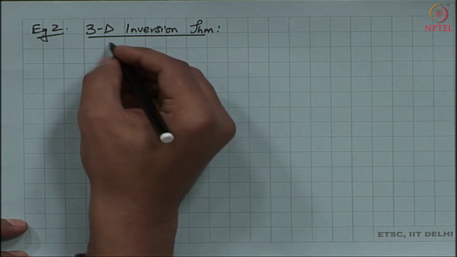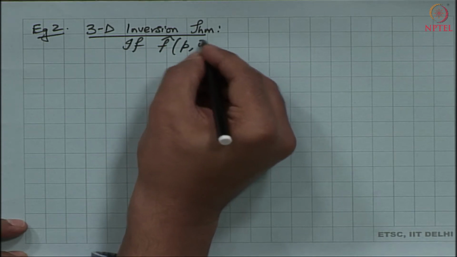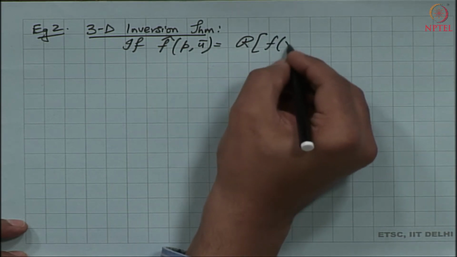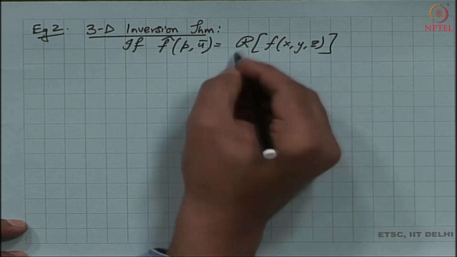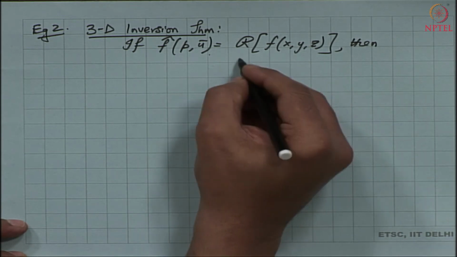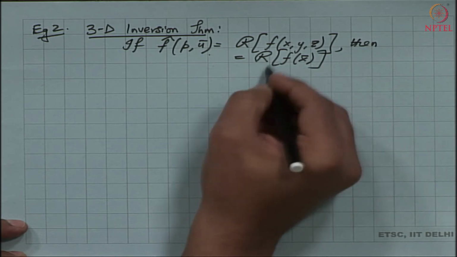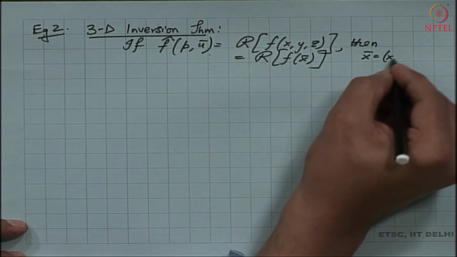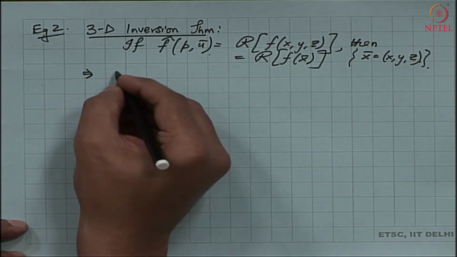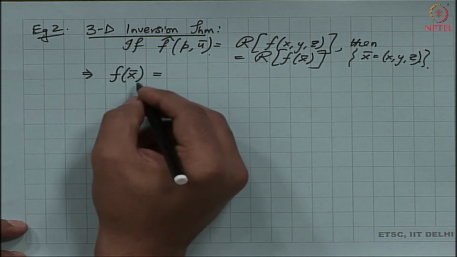So, the result says that if I am given that my Radon transform f hat is the Radon transform of the function f of x comma y comma z. So, this is a function in 3D. Then let me also denote this as R of f of x bar. Okay. So, x bar is a 3D vector. Okay. So, then what I have is that the function f of x bar is,